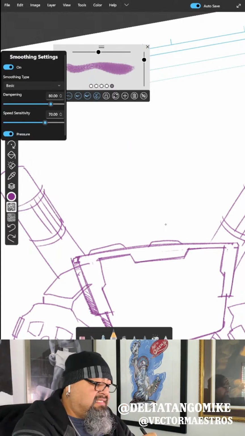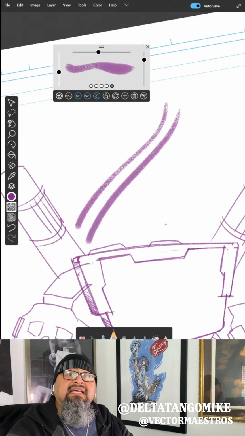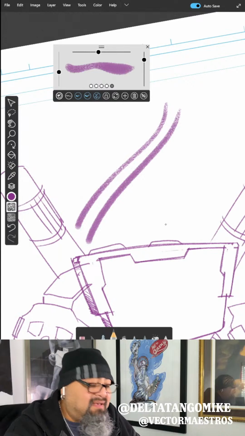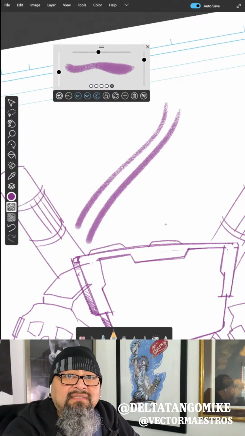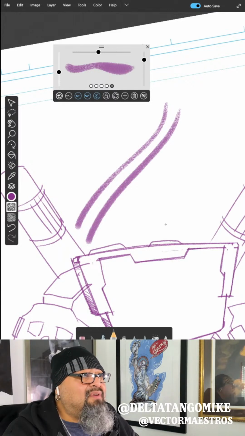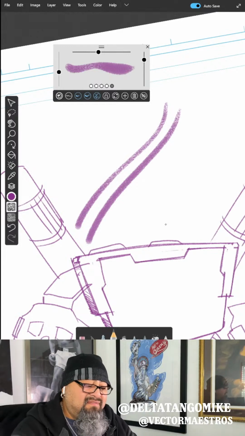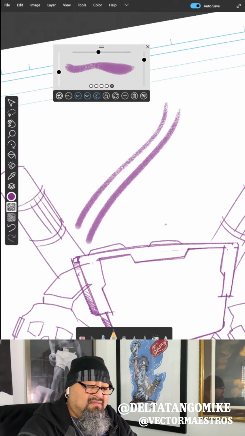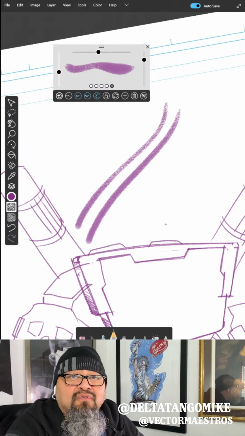But what happens is that if you're not good at drawing clean lines, then there are tools in most apps, and Sketchable has a few, but not much. Fresco has it, but Procreate thrives on it. Procreate has a whole lot of tools that, if you can't draw a straight line or a smooth line, will smooth it out for you.